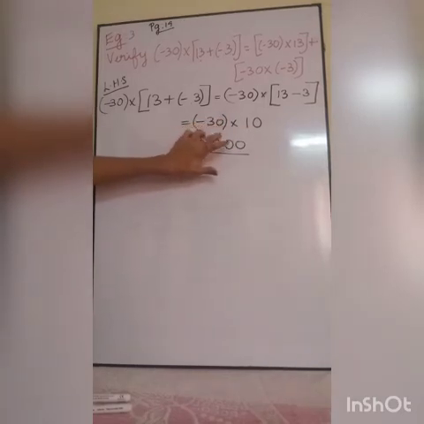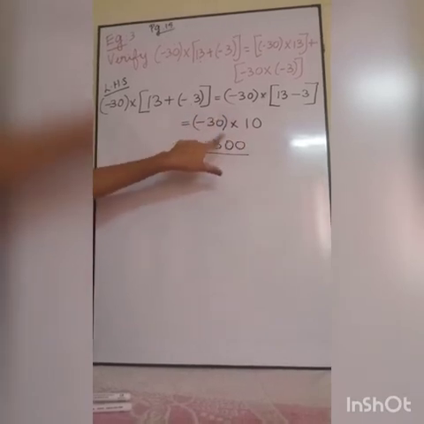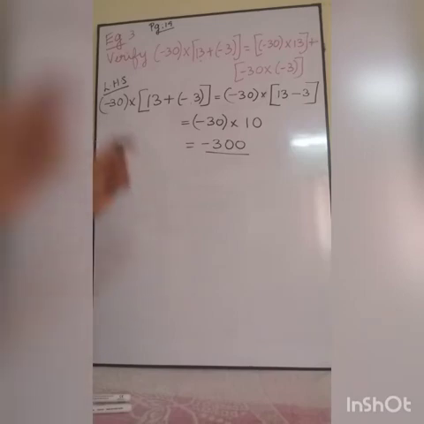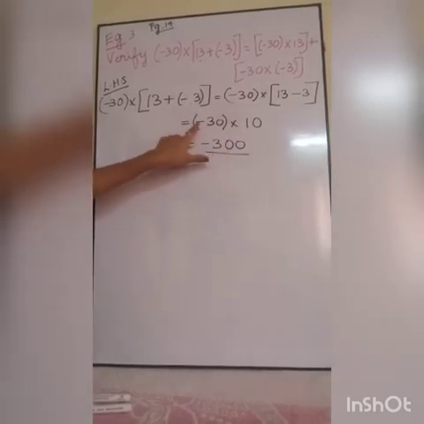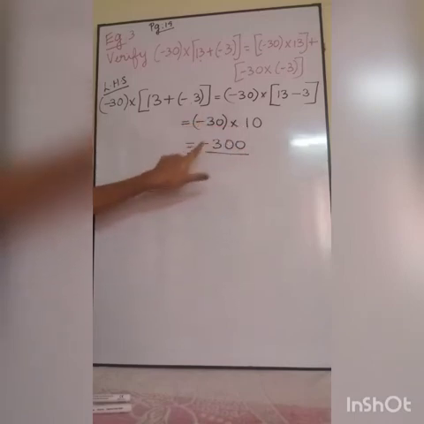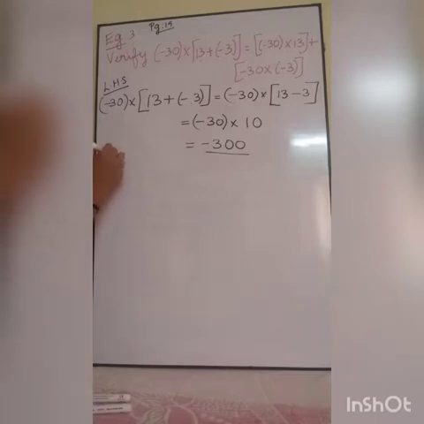Now, I am going to remove this also. So, this is one integer, this is one integer. I am going to multiply those two integers. For multiplication, what I told you, we have to multiply the numbers first. 30 into 10, 300. Minus into plus, minus. So minus 300 is my LHS value. Now, what is our role? We have to do the RHS calculation. What is my RHS?